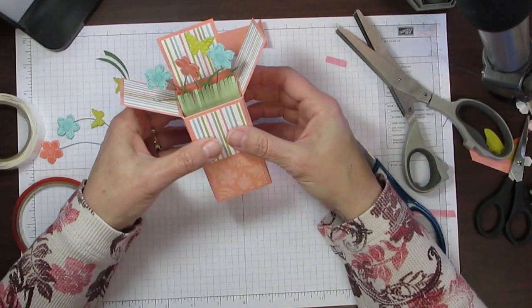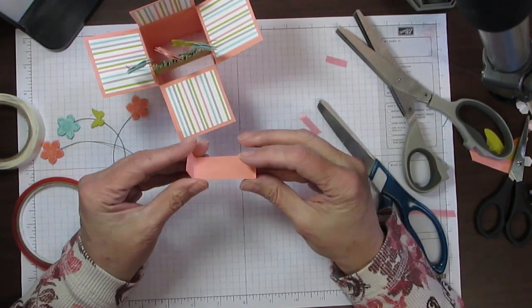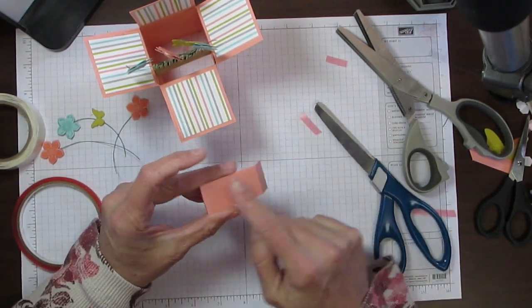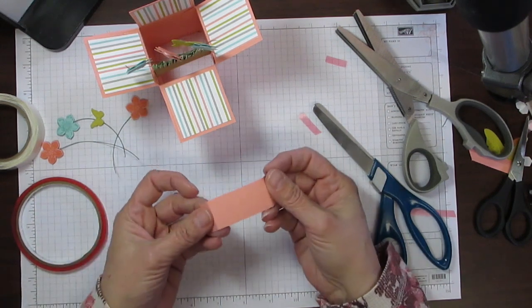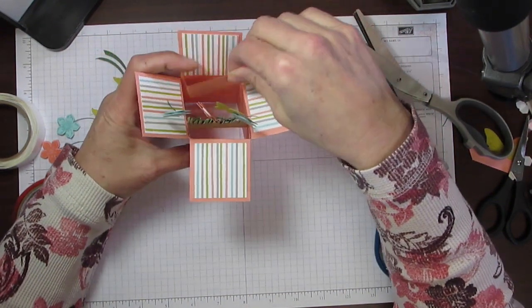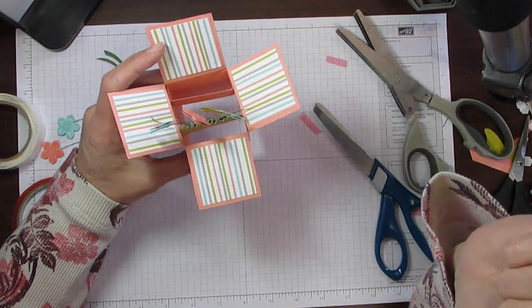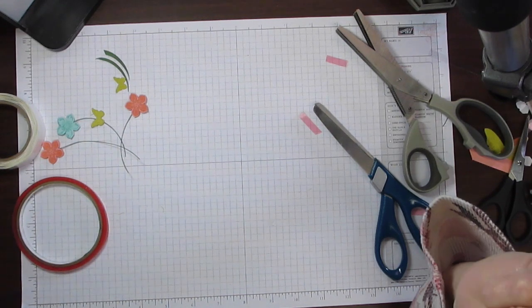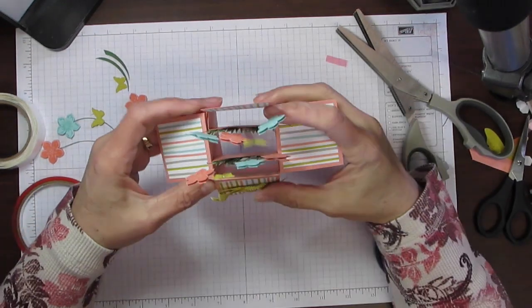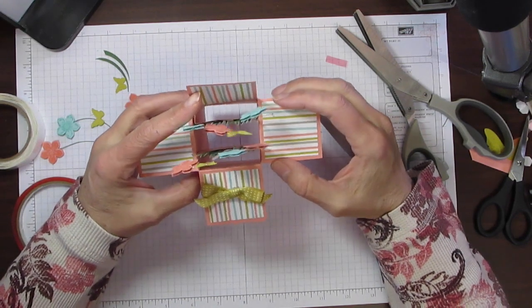And there, you can see how this begins to take shape. Now the next one that you do the exact same thing, only this time you add all of the sticky strip and all of the things onto this side, including the piece of grass, and then you're going to drop this one down so that it sits right in the box like that. And then when you're done, you can see where, though they're braced in there to hold the box together,